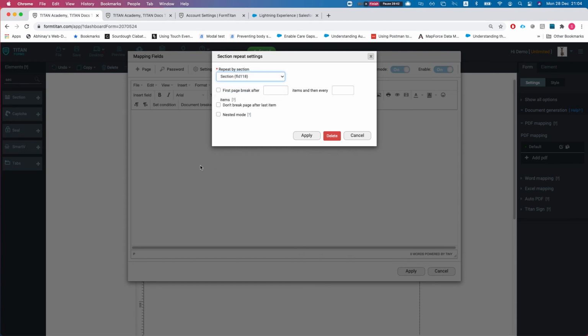I did not name it. This is my correct section where all the fields that I want to repeat sit. And you can do similar to the table, first break after, when do you want to break to a new page. So let's do one, and then every one, and then you can do don't break page for last item,